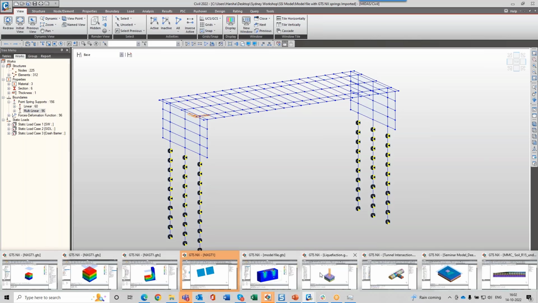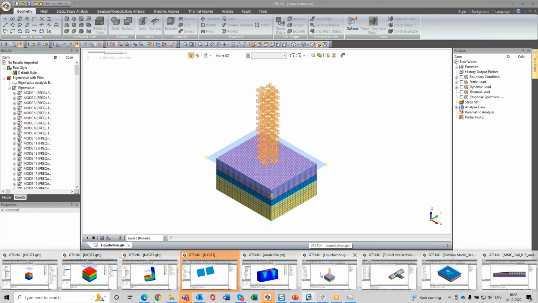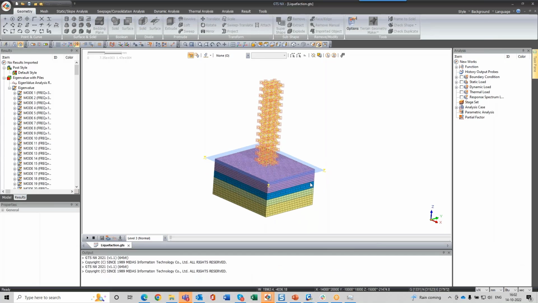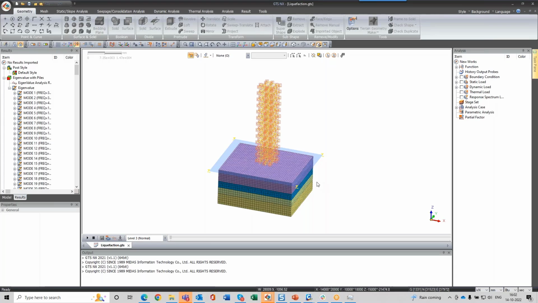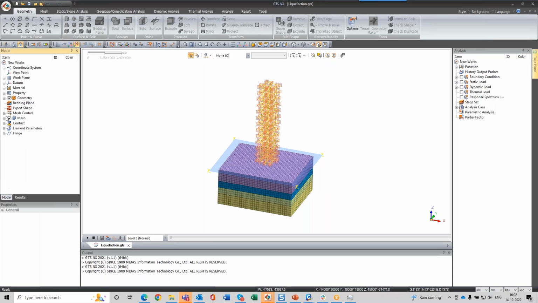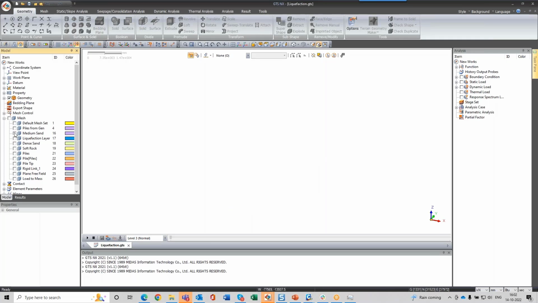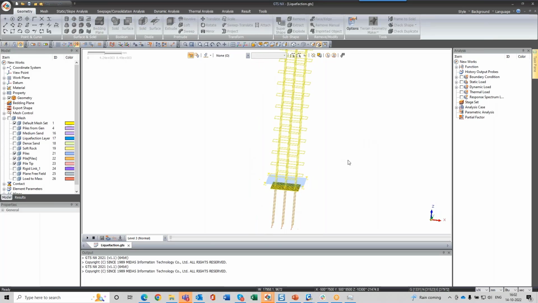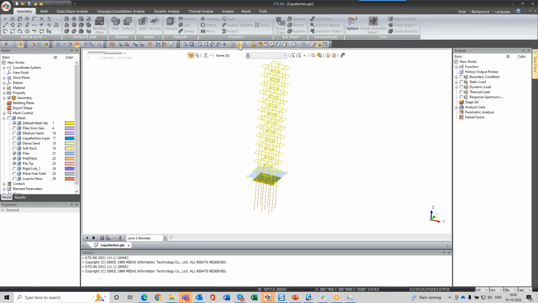If there are no more queries regarding SSI, then we will move to the dynamic analysis. I have made a very small model for that. What I have done is import the building with a raft, and I have also created piles. So this is a small building with a pile raft foundation, and this has been imported from Midas Gen,